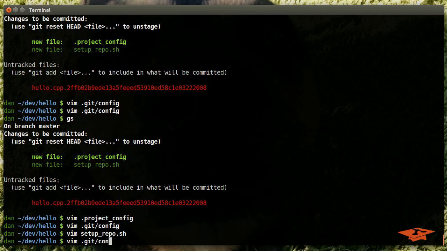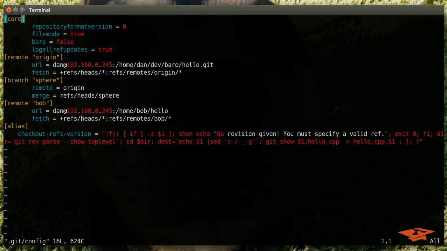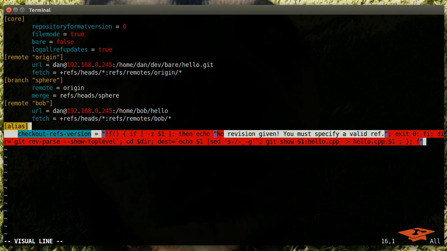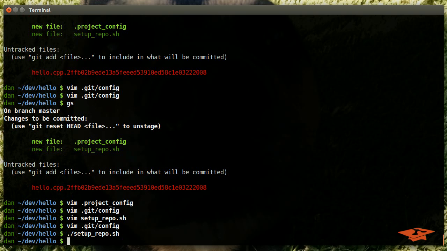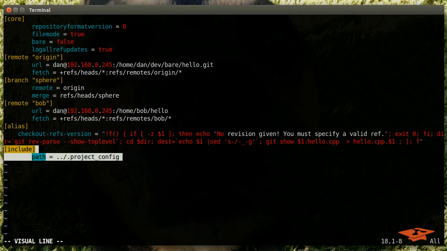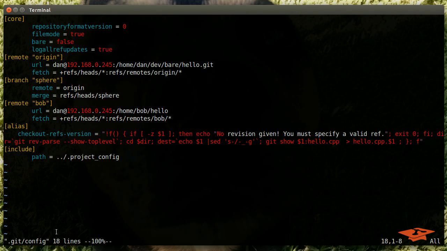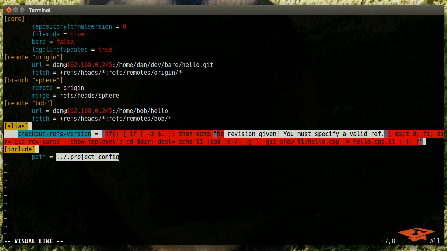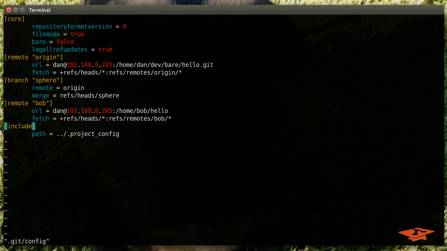../.projectconfig. So if we look at the .git/config before we run the script, notice that we have the alias we defined earlier. If we run the script now and take a look at the same file, we'll notice that it dropped a new include path. And this include path is simply a way to point to more definitions of config information by saying look in the path ../.projectconfig. Now that's relative to the .git directory. So we can remove the alias that we've defined because now it's defined in .projectconfig. Save the file, and